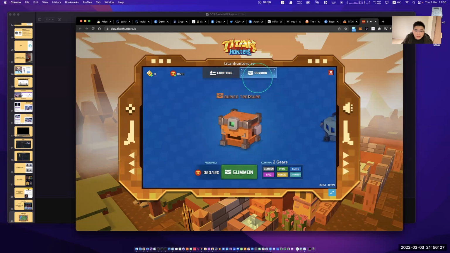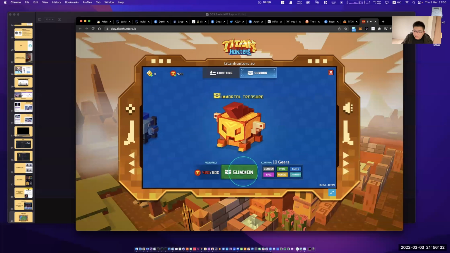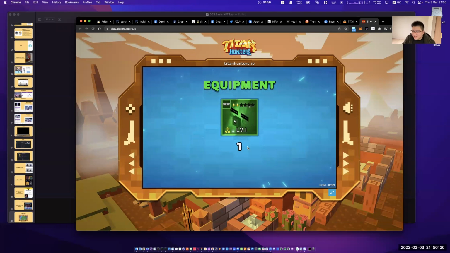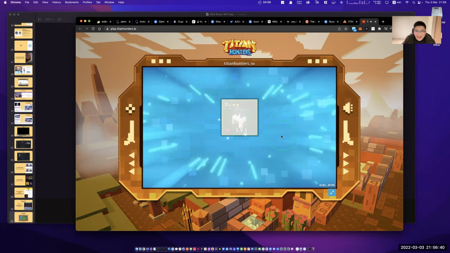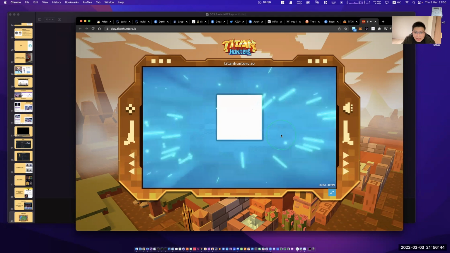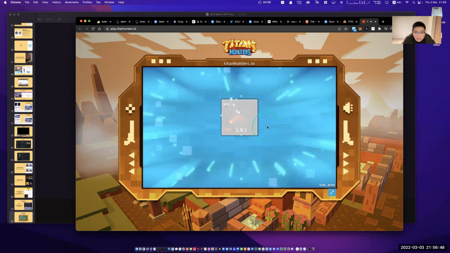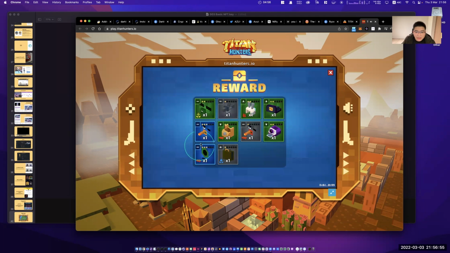Oh, sorry, let me summon a new NFT. They changed the UI, Fabian, so I forgot. Let me see how unlucky I am. Okay, it's common. Common. Oh, this one is rare. So I have two rares, I think.